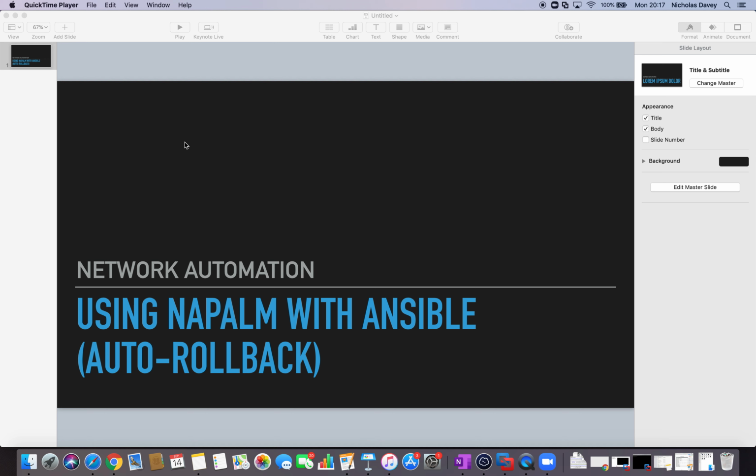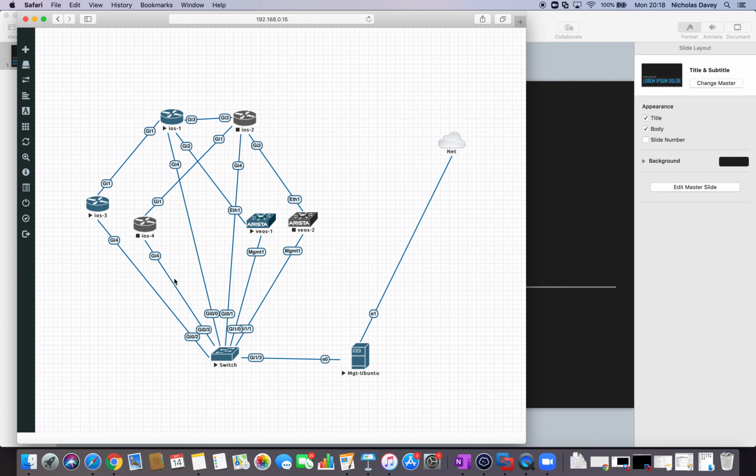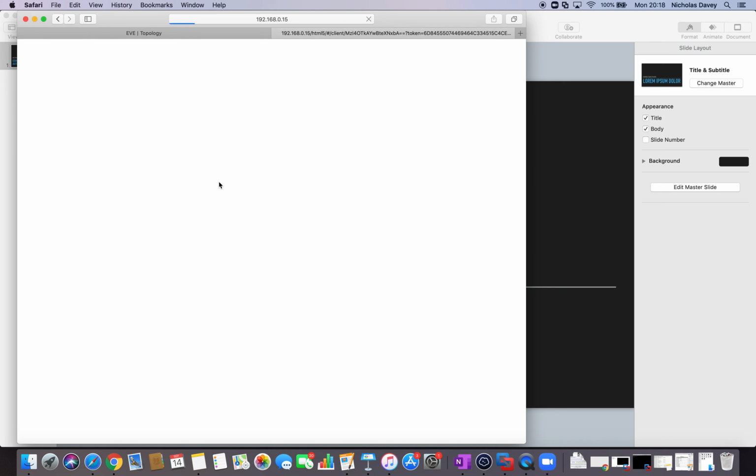I'm going to do that by using an EEM script that I learned from Ivan Pepelnjak's ipspace.net website that will log all commands run on the router to the local buffer and to the console. Firstly, looking at the lab, it's the same as the previous video. The only difference is in this video, in my playbook, I've adjusted the hosts variable to only run the playbook on the iOS-3 device. So if we log in there,